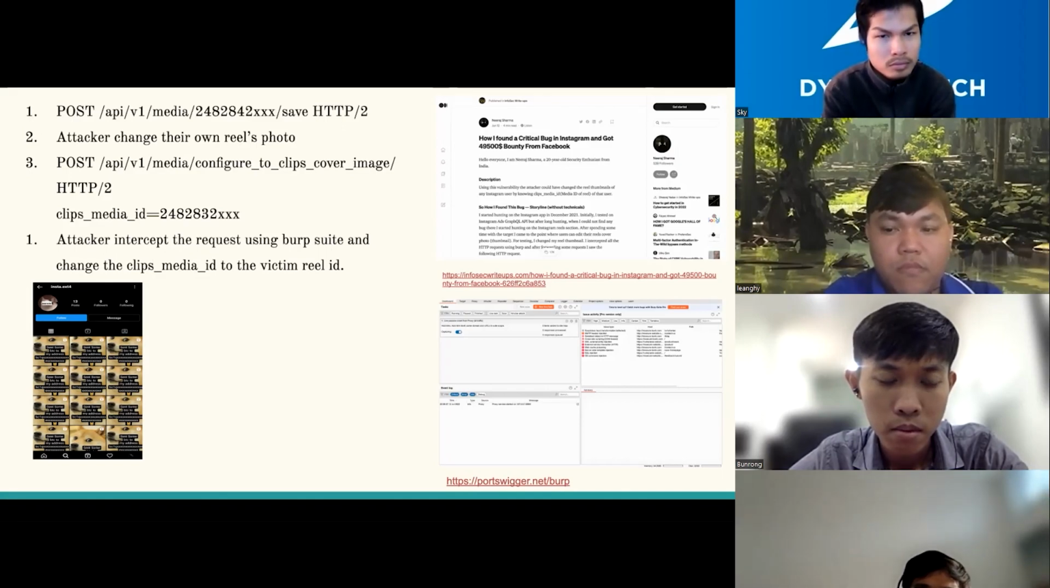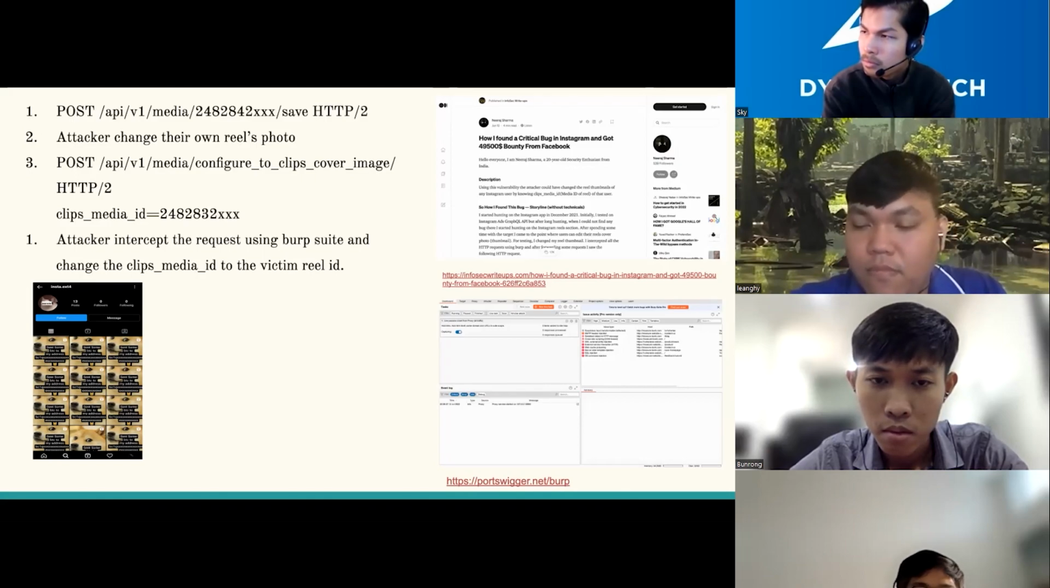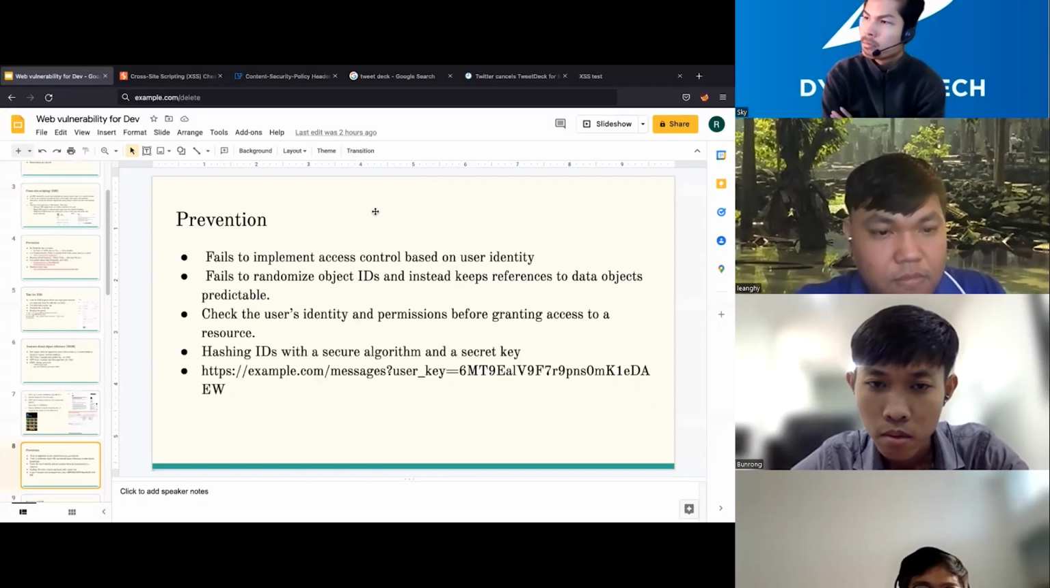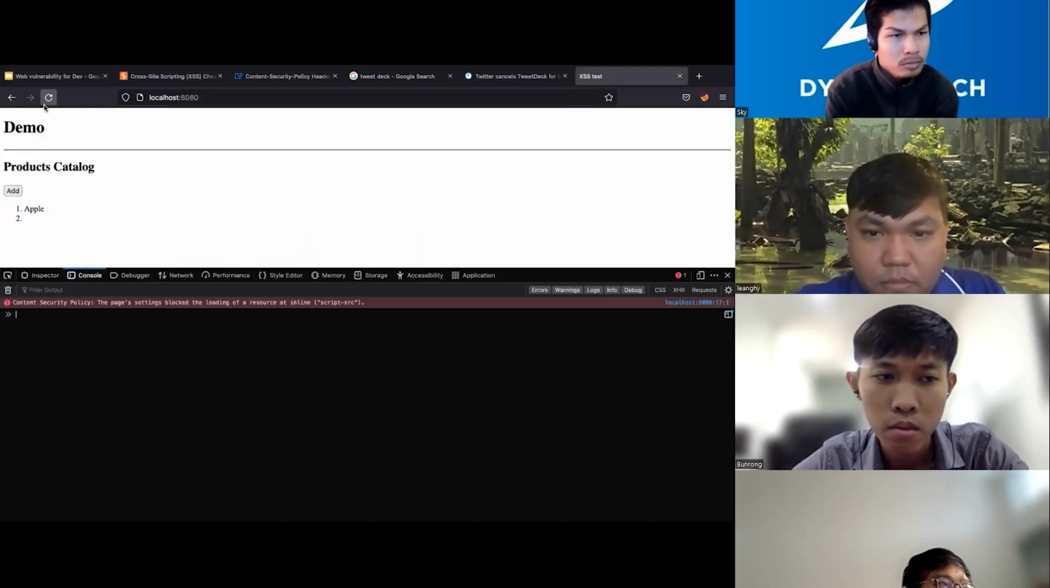For those of you who don't know what Burp Suite is, it's basically a man-in-the-middle software which allows you to intercept the request sent from one device to the server. So, for example, in the case of here,